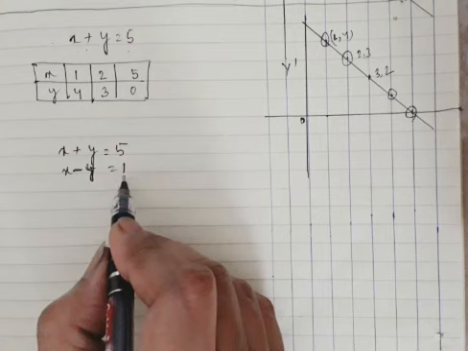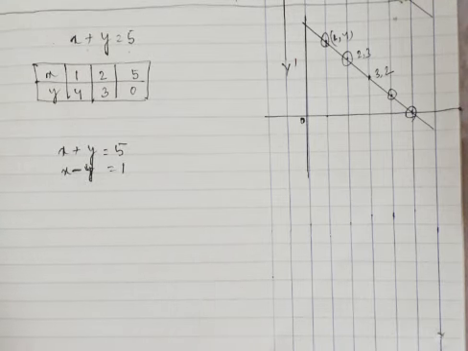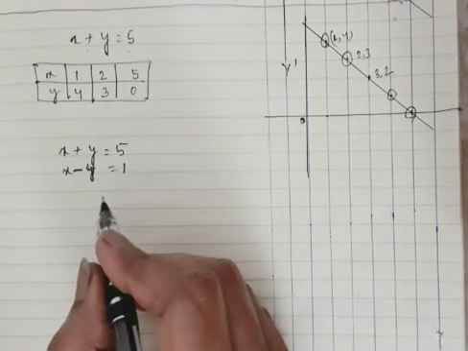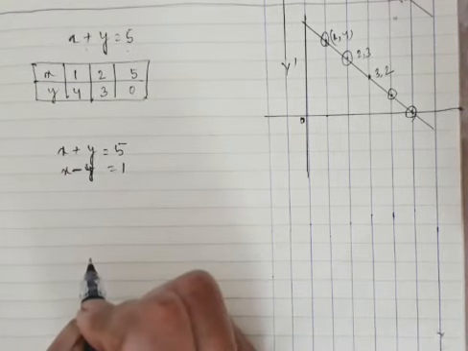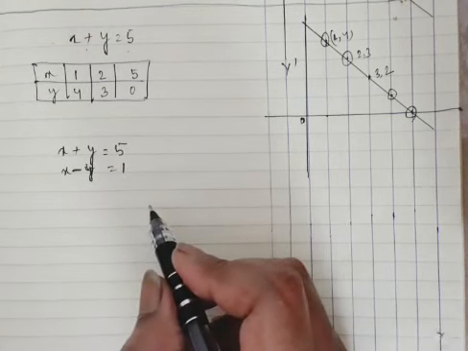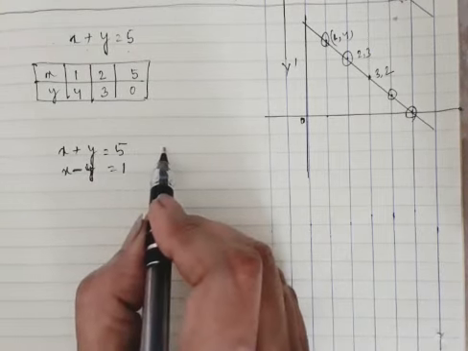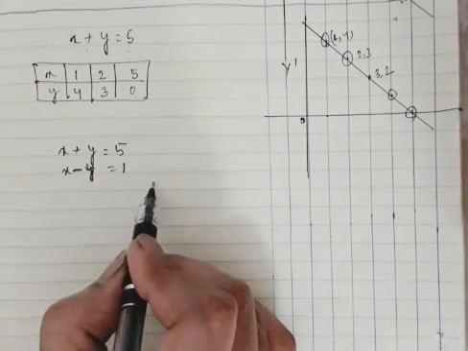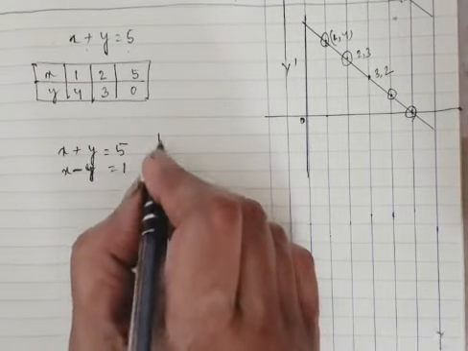Our aim is to find a common solution to this pair of linear equations. Common solution. That is the main concept of chapter 3 of your maths book. What is that? How to find a common solution to a pair of linear equations. So how to find it graphically you will see now. As usual, let us draw the graph of the first linear equation and also the graph of the second linear equation.